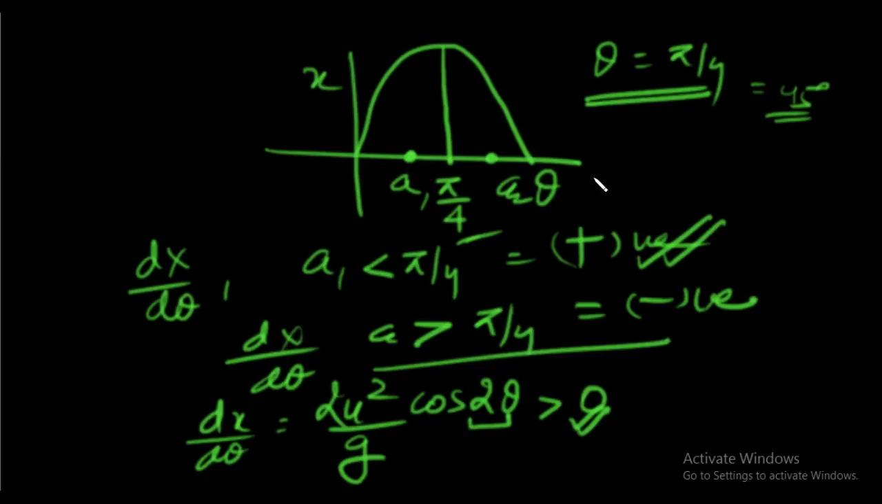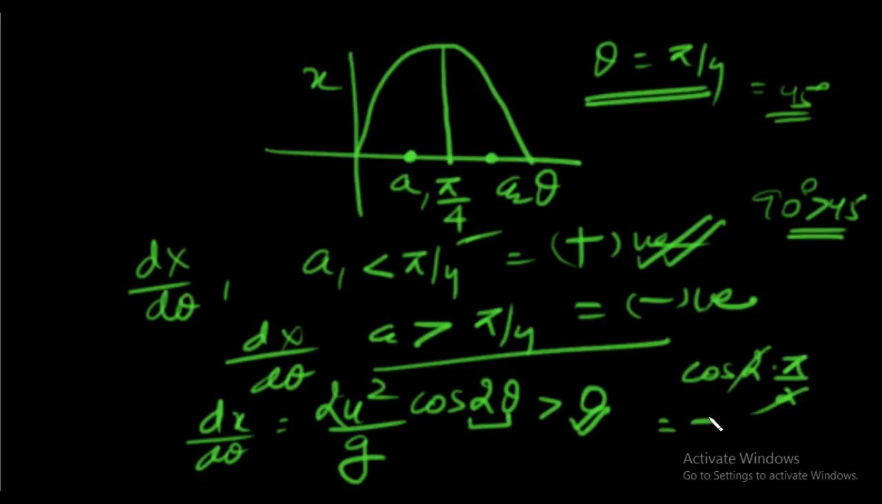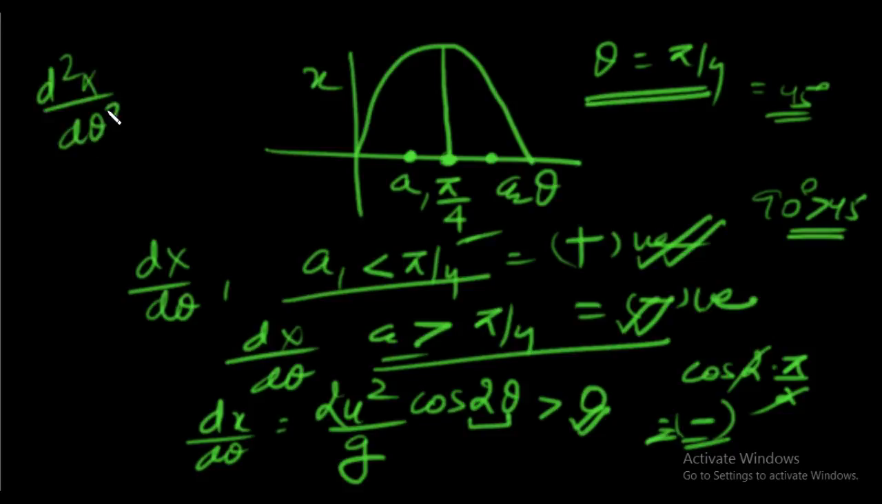Now we take a quantity, for example, say pi by 2, because 90 degrees is greater than 45. So here cos 2 times pi over 2 would be equal to cos pi, which is negative, and 2u square by g. So this becomes negative and our second statement is fulfilled. So this curve has a maximum at pi by 4, because the points adjacent to pi by 4 give the same result as our statement. Okay. And another quantity, d square x by d theta square, I was talking about